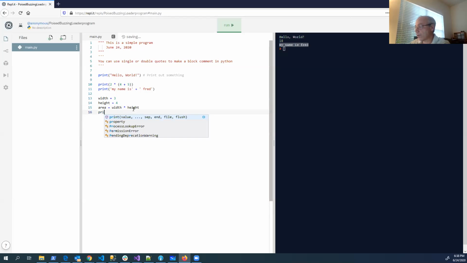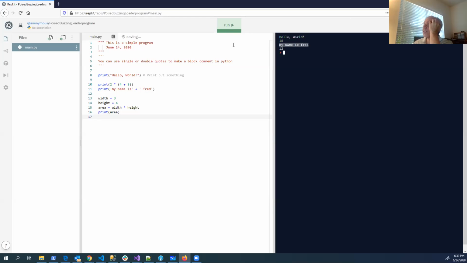And then we can print the area. So this starts to get a little bit more interesting. It prints 12, down here at the end, as the value of this print statement.